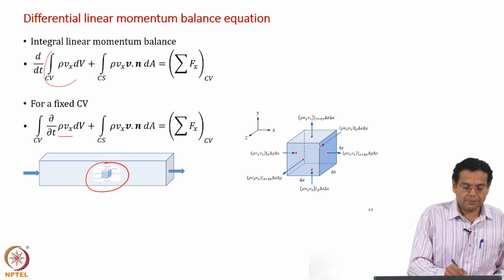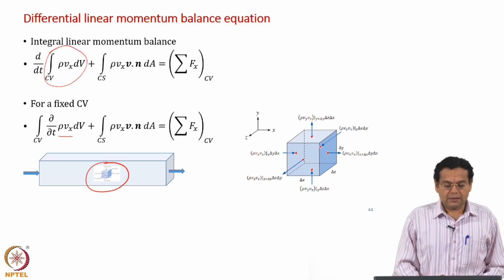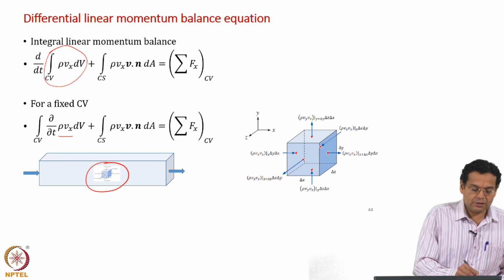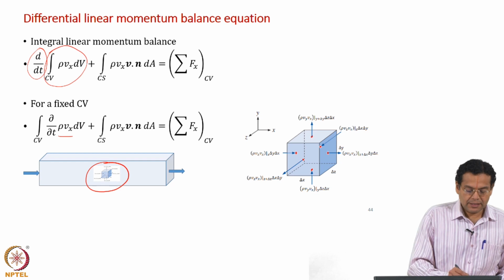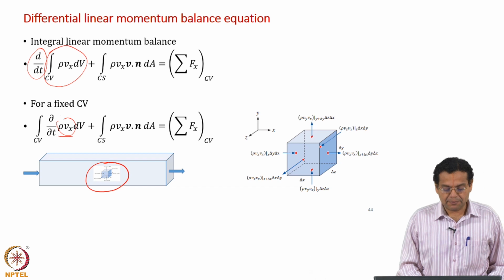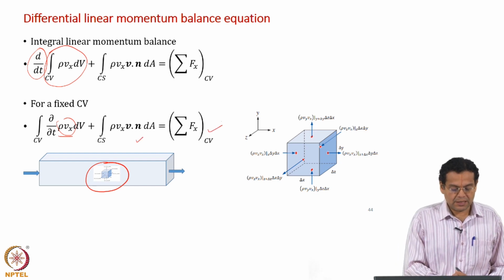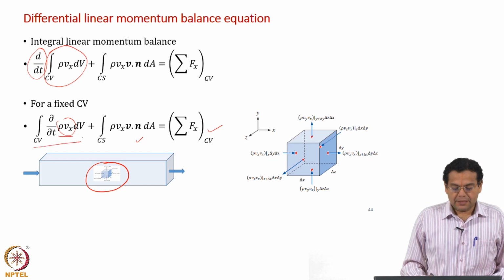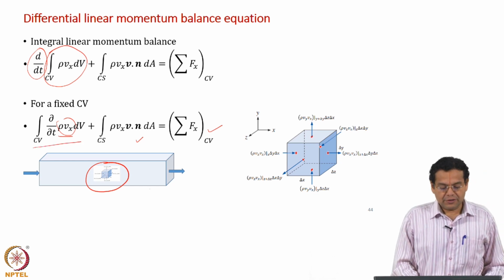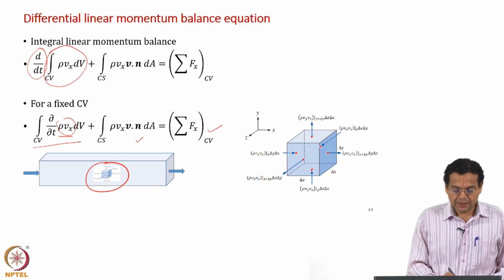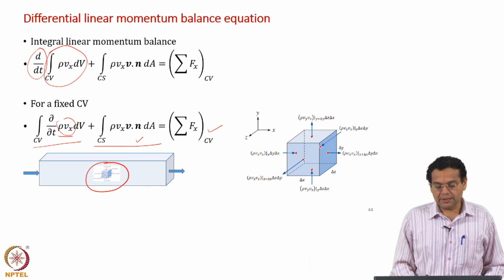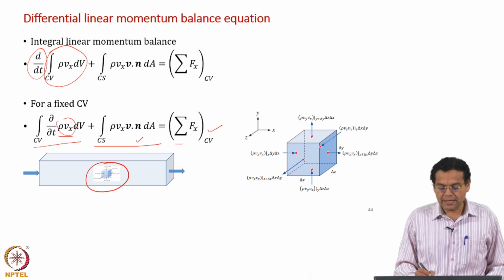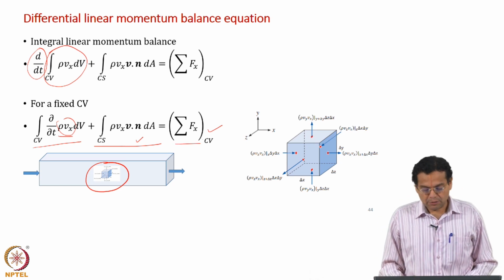When you integrate, all the spatial variations are taken into account. So, only time variation remains, so it is d by dt. In this case, because it is inside the integral, rho and v x can be functions of time, hence a partial derivative. Of course, these terms remain the same. So, this tells about the rate of change of x momentum within the control volume, the net rate at which x momentum leaves through the control surface, and the sum of forces acting on the control volume.